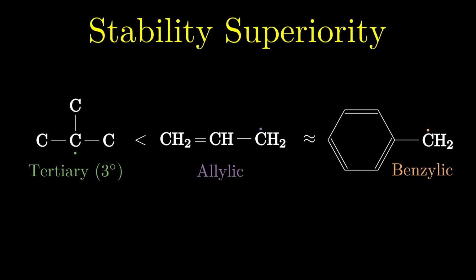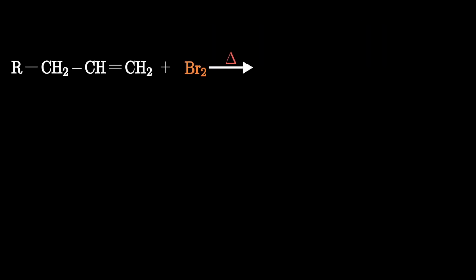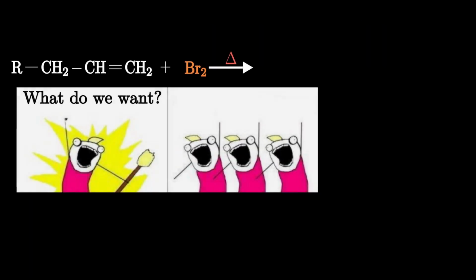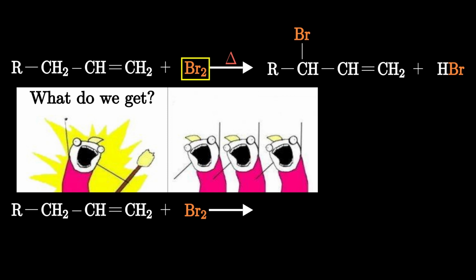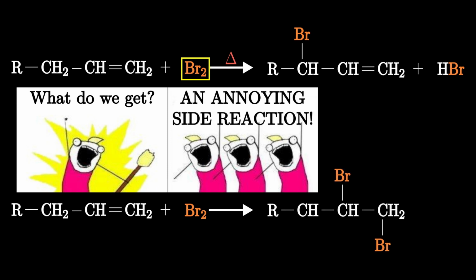Knowledge of these radicals allows us to predict potential products without going through the entire mechanism. In fact, this reaction from the beginning of the video was an example of the substitution we want to happen. However, you may know that bromine is capable of adding to the double bond, forming a dihalide product in the process. This means limiting the amount of bromine molecules used would help reduce the amount of unwanted dihalide product, but